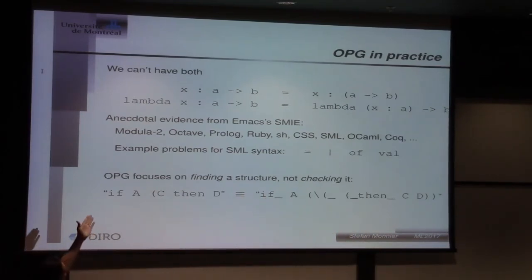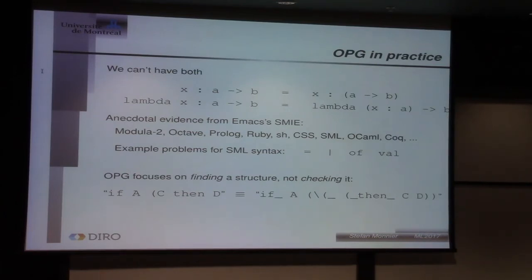I want to have the type annotation x colon A arrow B be considered as the type annotation of x as being a function. But I also want to have a syntax so I can say lambda x with an annotation that x has type A, and that it returns a body, and that the body is B. But of course, that would mean that I have to parse the x and the colon and the arrow with different precedences in both cases, which clearly I'm not allowed to. So I'm forced in Typer to have parentheses around this x colon A,